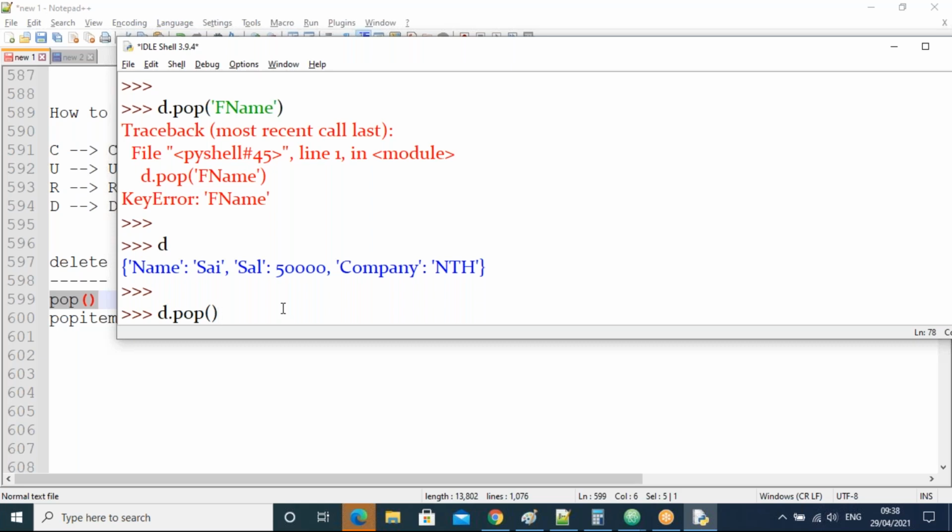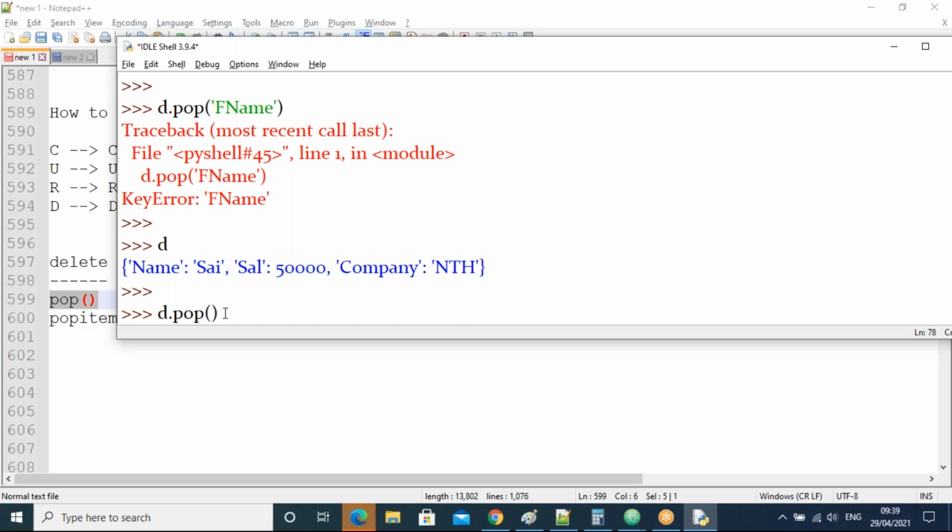Let me know. If you don't specify any argument, any key name here, what does it do?